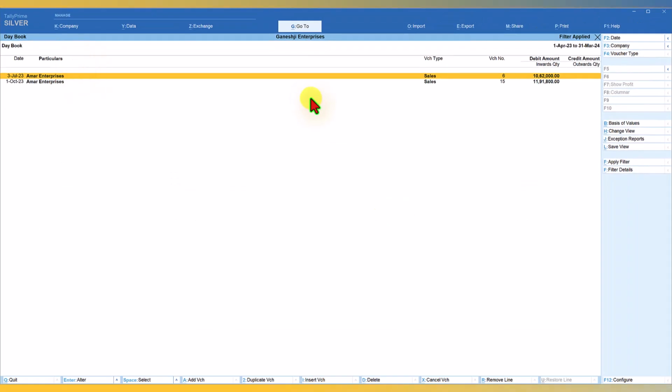So select end of list, and if you notice here, from the list of almost 300 vouchers, Tally has filtered the first condition, sales voucher. The second condition was sale made to Amar Enterprises. It is listed here. And the third condition we said, show me only the sales voucher total value greater than 10 lakh. It is showing you these two vouchers which we saw earlier when we filtered for Amar Enterprises. So this way it is very, very powerful for you to use this filter for any report that you are